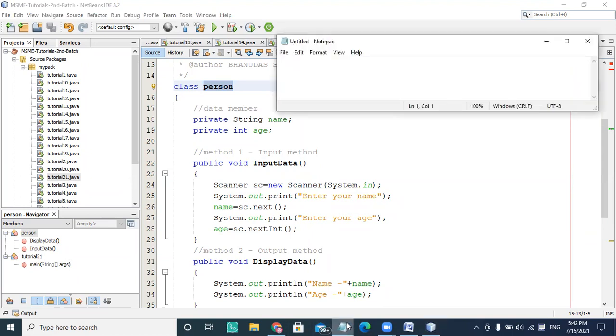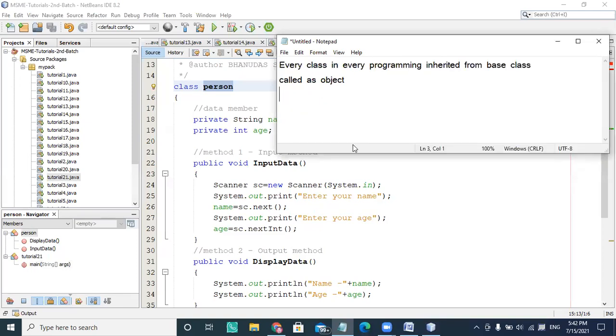So every class in every programming language is inherited from a base class called Object. If you are taking C sharp, if you are taking Java, one of the super base classes is the Object class.